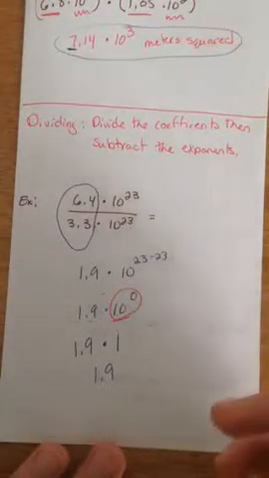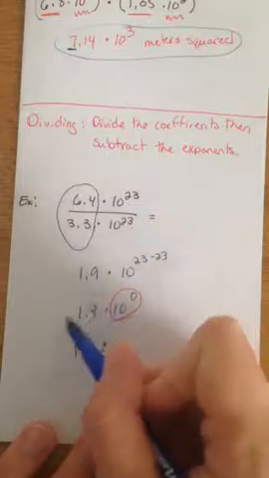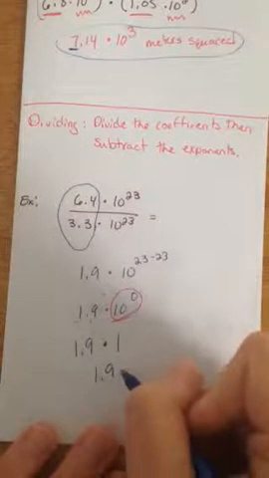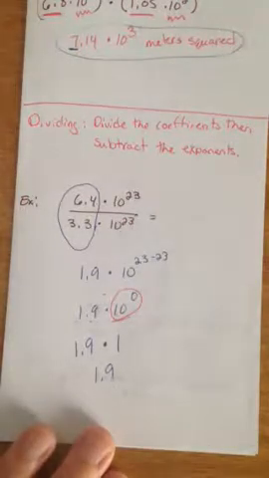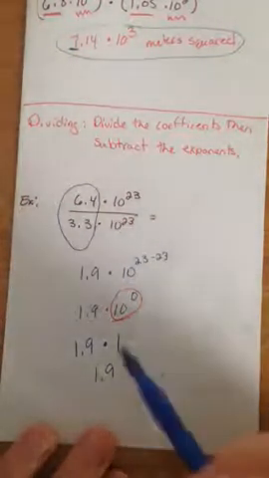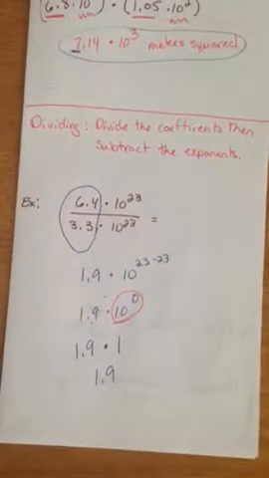If you wanted it in scientific notation, you would leave it as 1.9 times 10 to the 0. But if you want an actual number, you could leave it as 1.9. So I would accept both answers. Okay. Sometimes they're in the back of the book. Well, you guys have a worksheet on this, so I would leave it in scientific notation on your worksheet today. Okay. I have one more example that's a